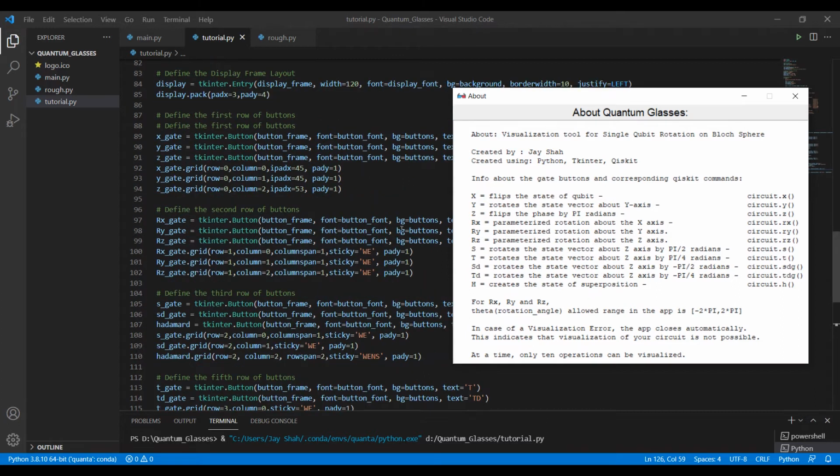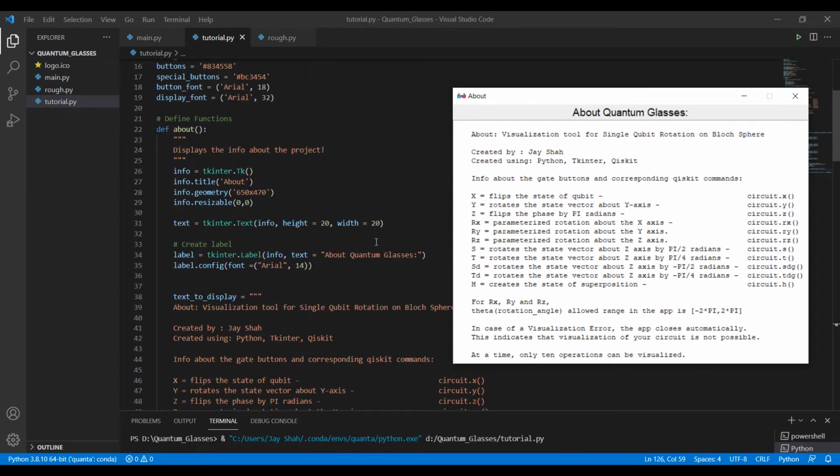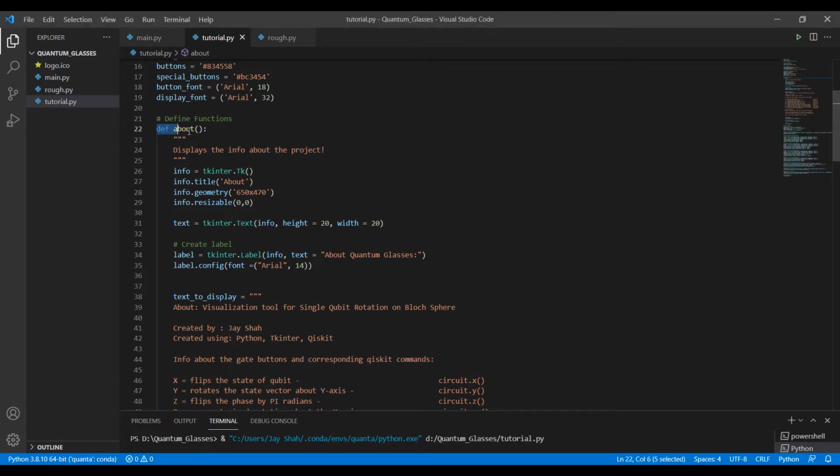So let me just scroll up. In one of the videos in the Python basics part 2, we talked about defining a function. Whenever you want a button to do something, you first need to create a function and then provide it to the button. So that's the first part here. We define this function, and we call it about. The function takes no arguments,